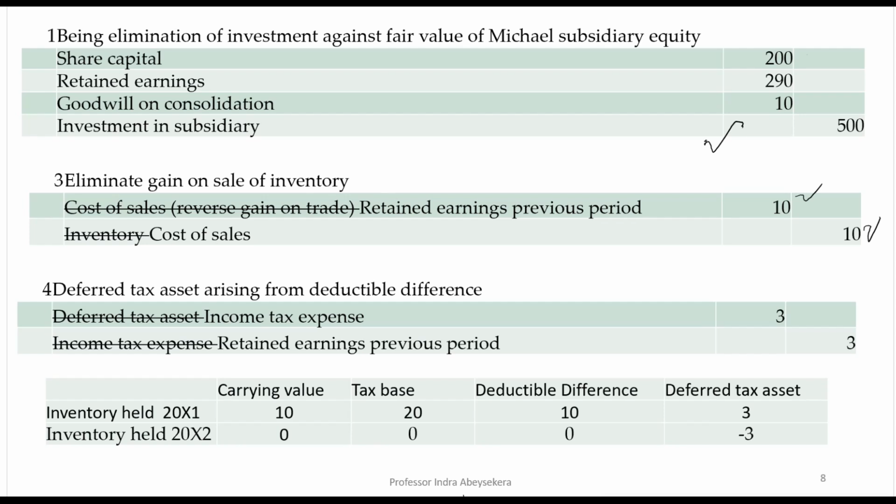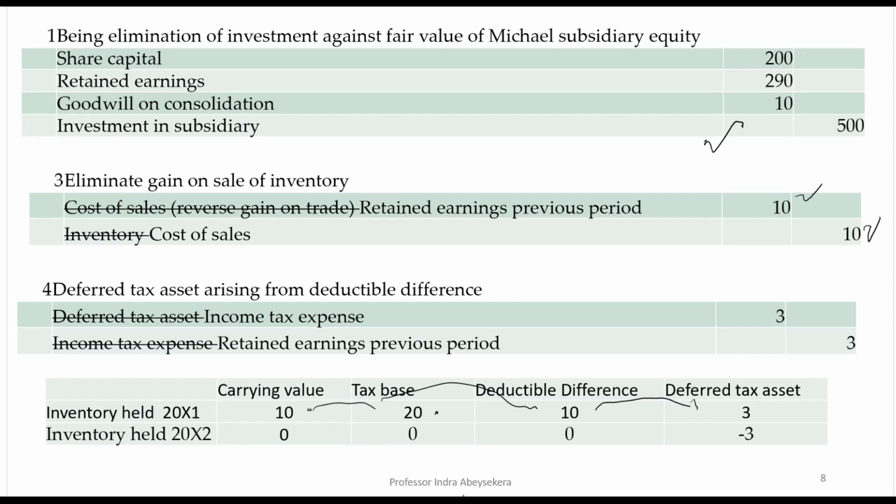At the beginning of 20X2 year, at the X1 year, the carrying value was 10 million and the tax base was 20 million, and the deductible difference was 10 million. And applying the deferred tax rate, the deferred tax asset was 3 million. But